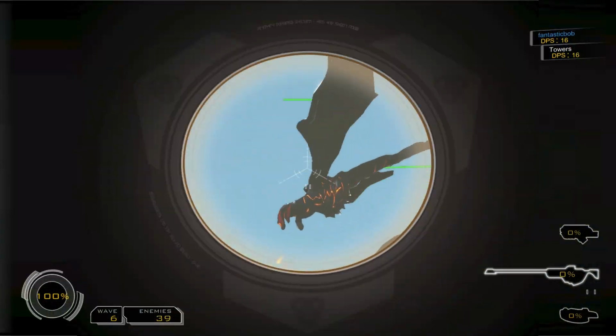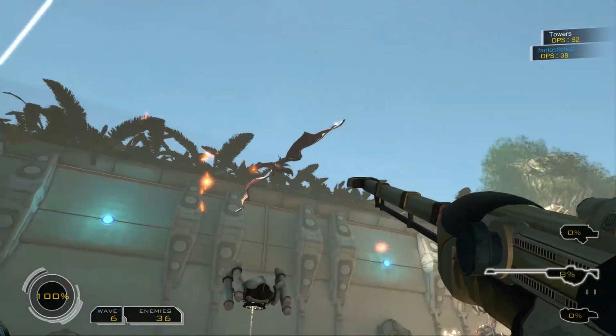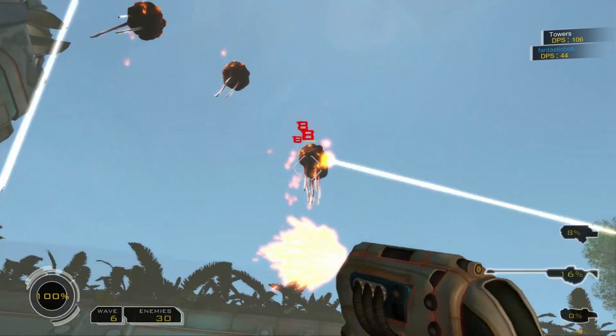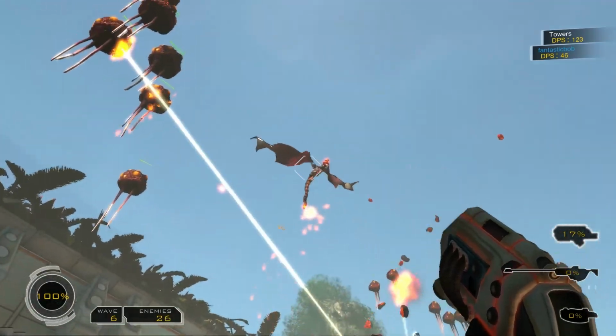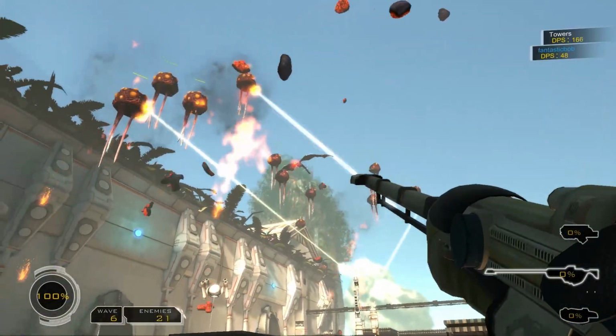You'll see how fast these guys are compared to the slow moving spore pods. But as you can see, my scatter laser basically just one-shots them, because they don't have a lot of health. I just want to make sure it can't get that